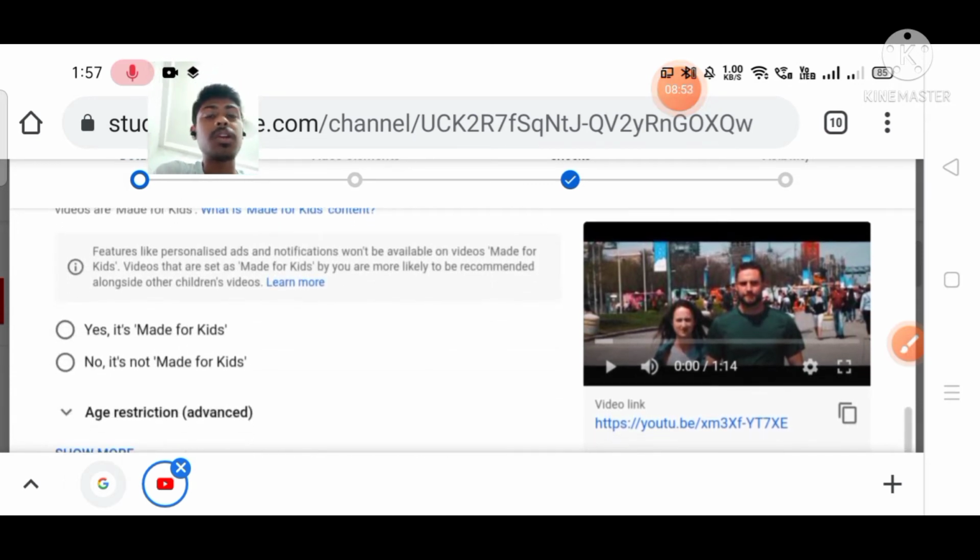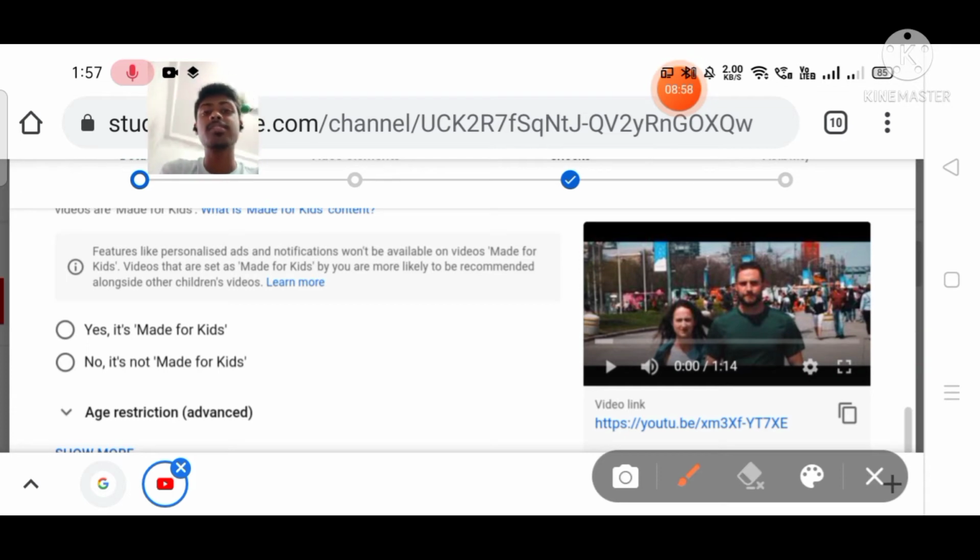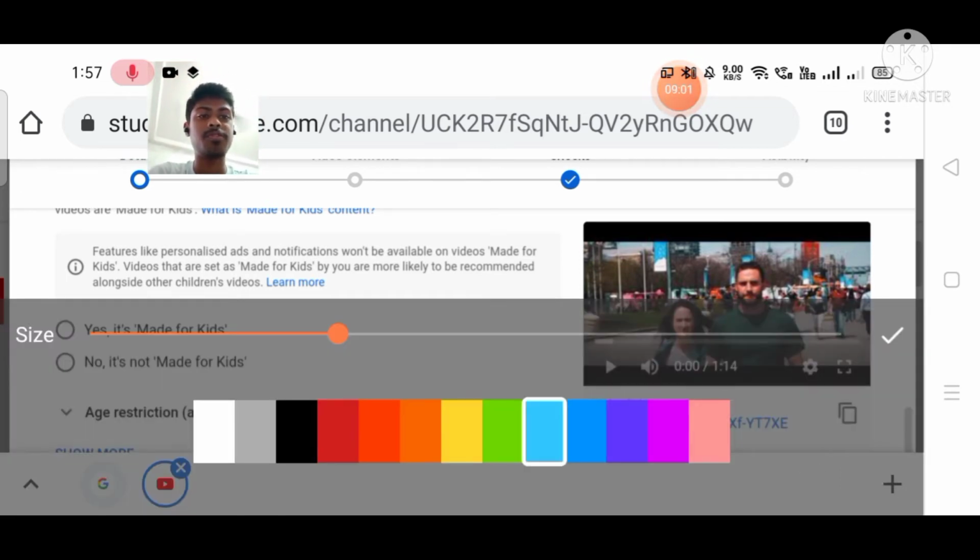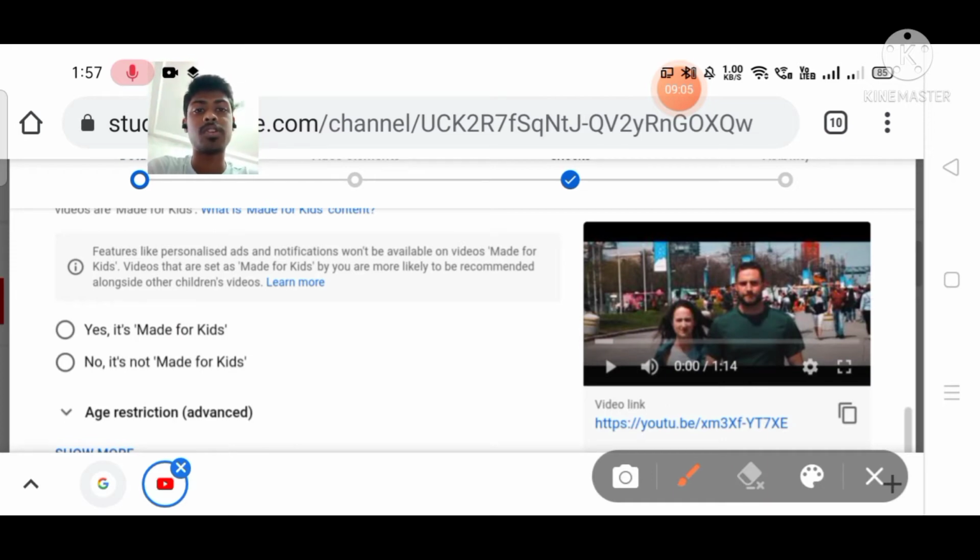before uploading your videos you have to choose here whether your video is made for kids or not. Okay, is your video made for kids or not? If it's made for kids, select this option. If your video is not made for kids, then select this option.